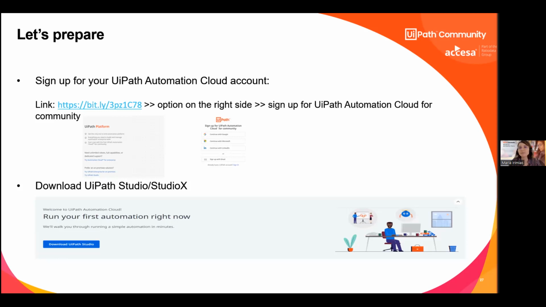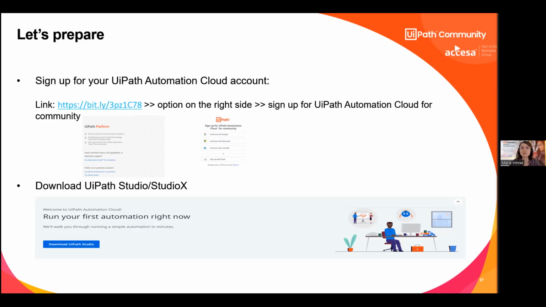Now, if you would like, I invite you to start your automation journey now. You can start by creating a single account. You have an Automation Cloud, and as a community user, you have it for free with one tenant. You just have to sign up with the account. Christina will put in the chat the link to the page where you can sign up. You just have to provide some details. If you do not have a Google, Microsoft, or LinkedIn account, just continue by registering with your email.